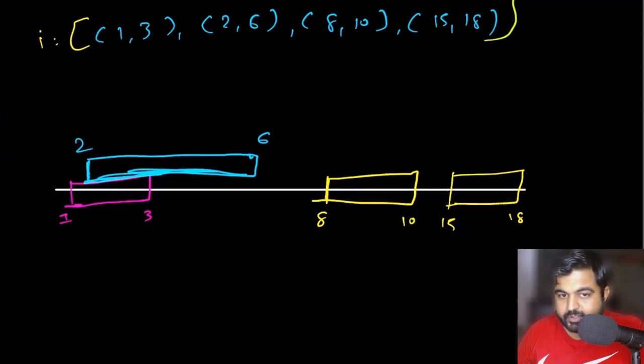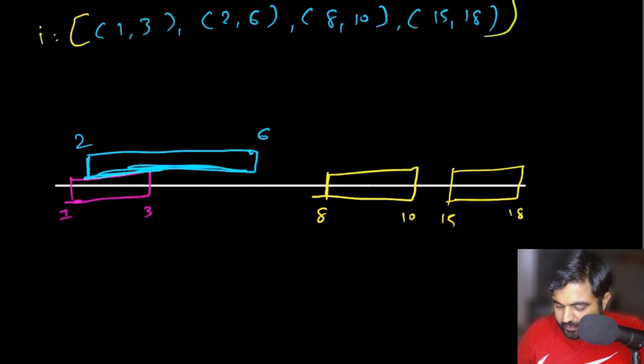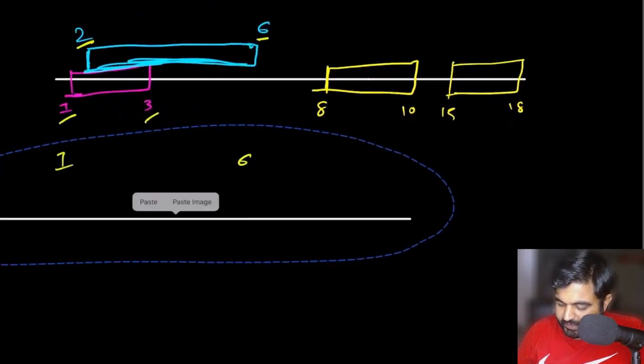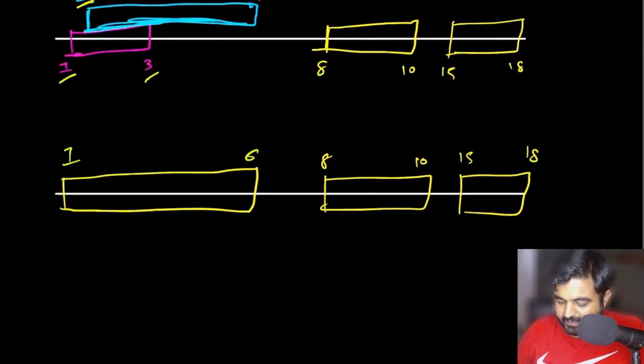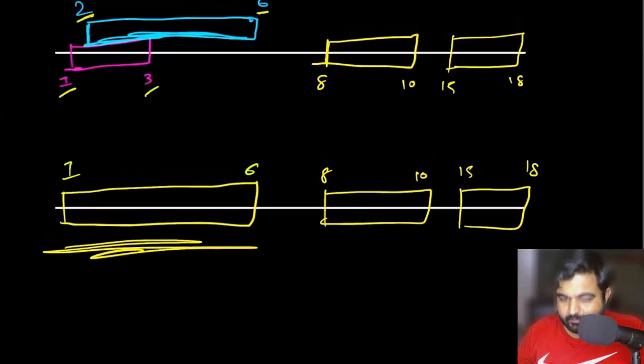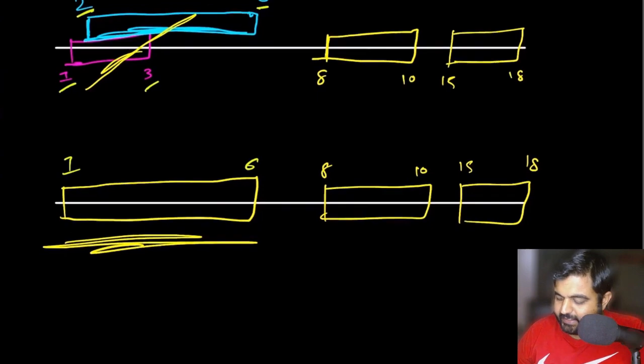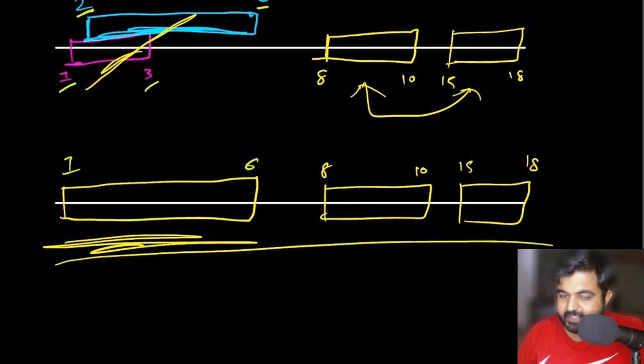In order to do a merge operation, the answer is quite simple. We are going to take the least amount between the starting values, which in this case is 1. And we are going to take the maximum amount between the ending values, and in this case, the answer is 6. So we are going to create a new sequence that is going to look like this. In the answer, we are going to create a merged interval between these 2 intervals. And these 2 are already non-overlapping intervals, so we are not going to touch them. And this is the answer we need to return.